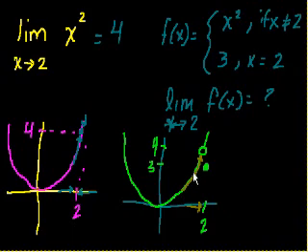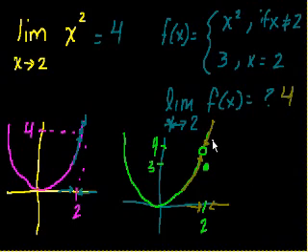I think you see that. If you just follow along the curve, as you approach x equals 2, you get closer and closer to 4. Similarly, as you go from the right-hand side, you go along the curve, and f of x is also slowly approaching 4. So as we go closer and closer to x equals 2, f of x approaches 4, right? So in this case, the limit as x approaches 2 is also equal to